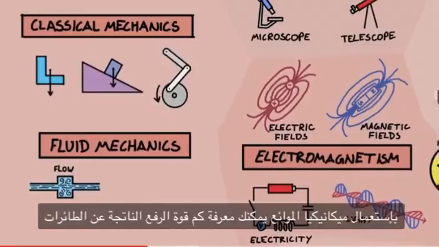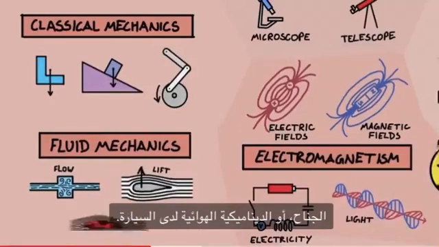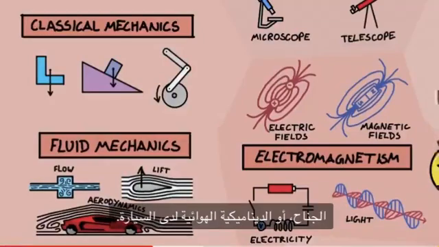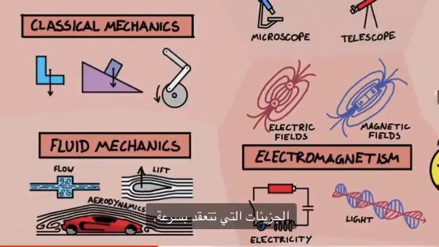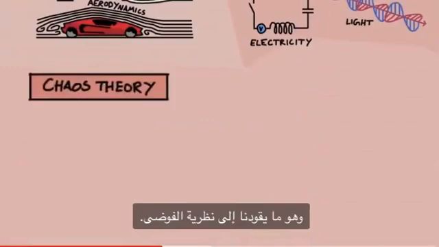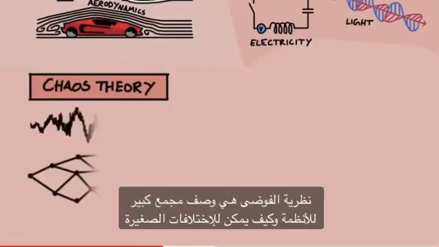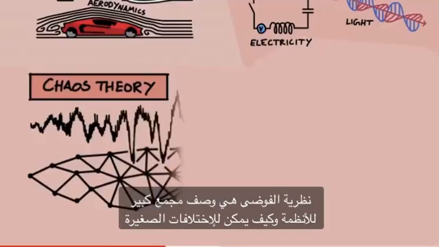Using fluid mechanics you can work out how much lift is generated from an aeroplane's wing or how aerodynamic a car is. Fluid mechanics is notoriously difficult, mostly because the motions of tiny things like molecules get really complicated really fast, which leads us to chaos theory. Chaos theory is the description of large complex systems and how small differences